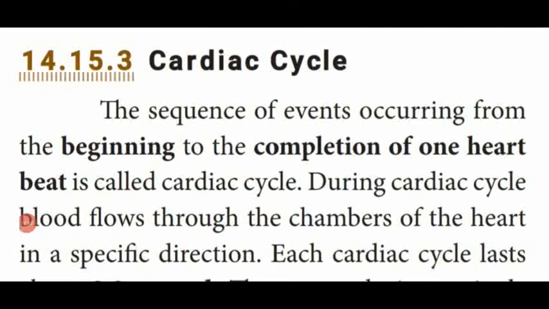Dear students, after this we have seen what a heartbeat is. Complete contraction and relaxation of the atrium and ventricle is called a heartbeat. The heart beats normally 70 to 75 times per minute. Then, a neurogenic heartbeat is initiated by a nerve impulse from a nerve ganglion located at the heart region in annelids and arthropods. A myogenic heartbeat is initiated by a special type of muscle known as heart muscle.